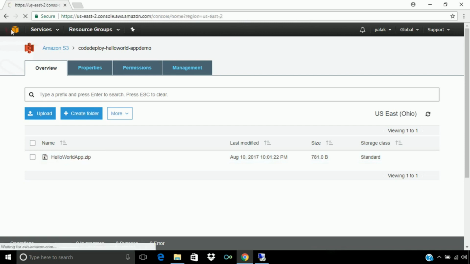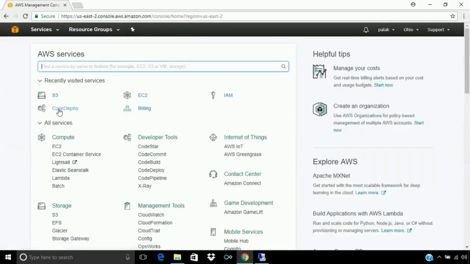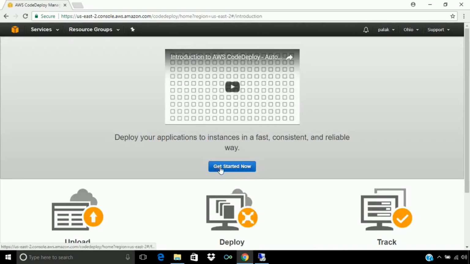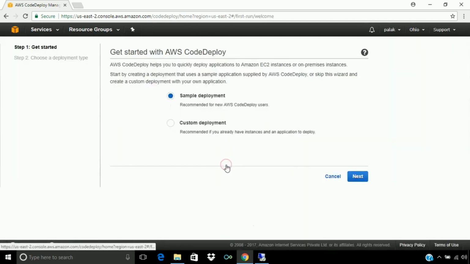So let's go to the CodeDeploy console. Here first we will create an application. We don't have any application created, so it is on the get started page. So let's get started with this. We are going for the custom deployment, because we are not preparing a simple deployment.